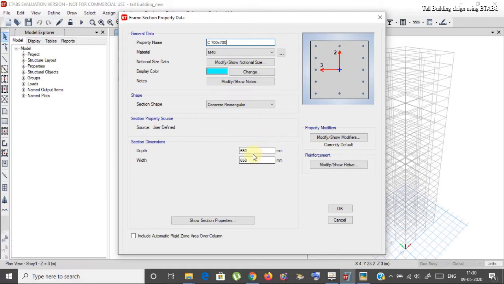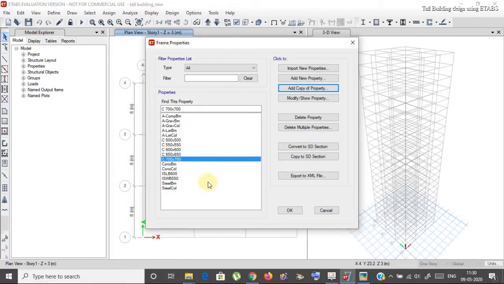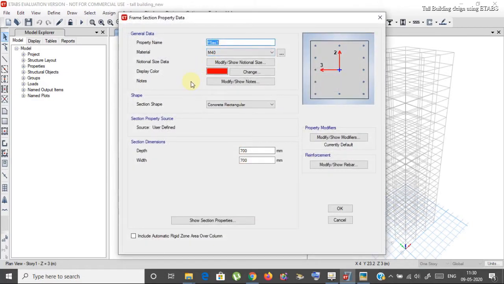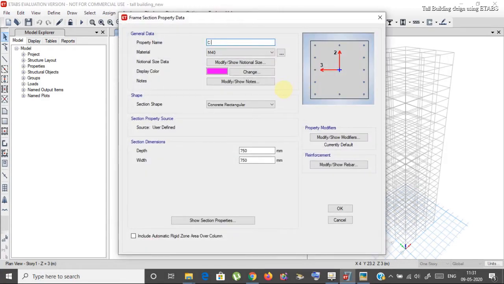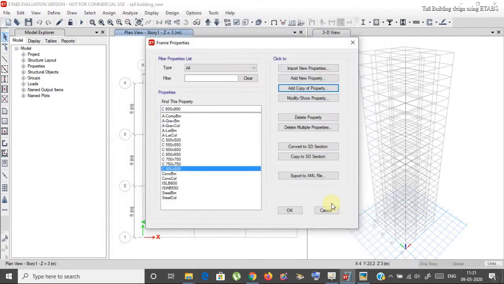See 700 by 700, click on OK. See 750, and the last one. Okay, I'll just add it,